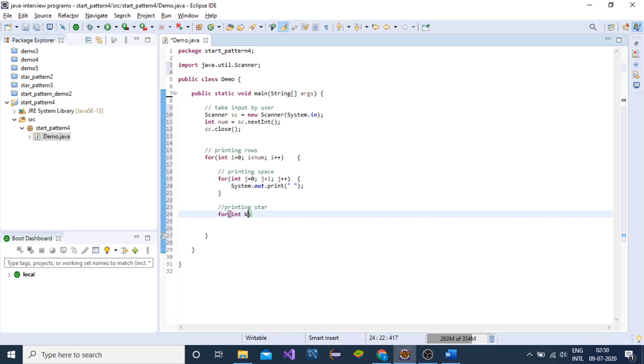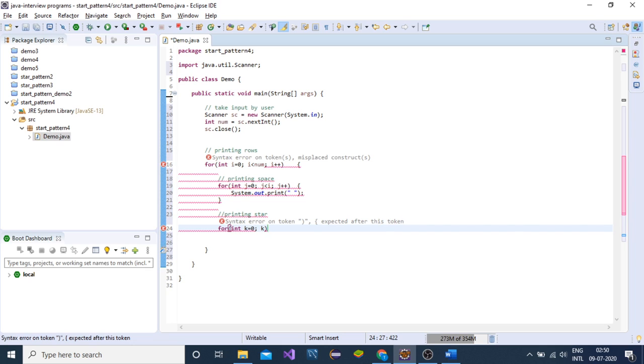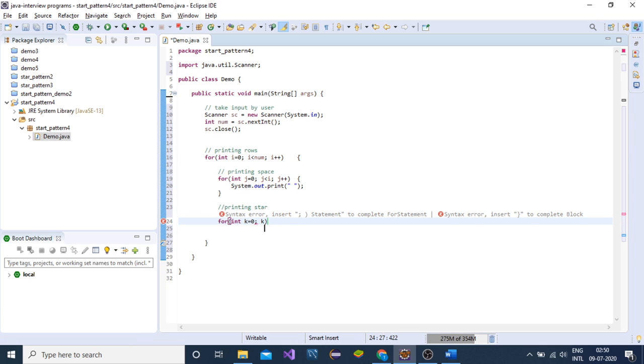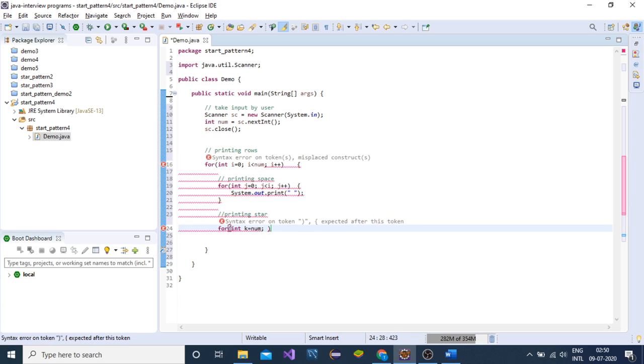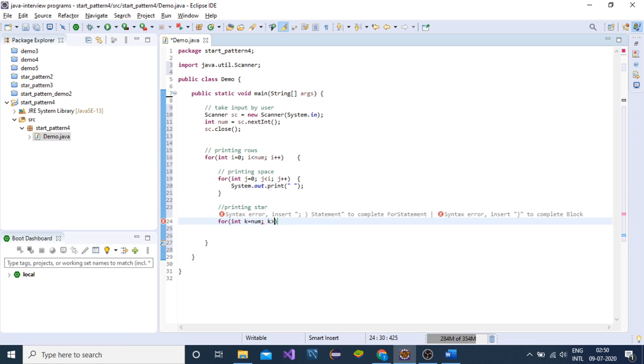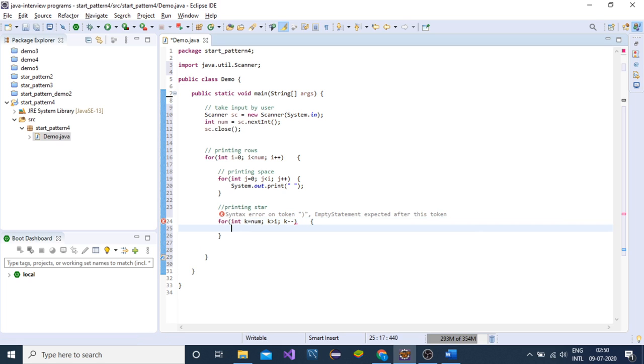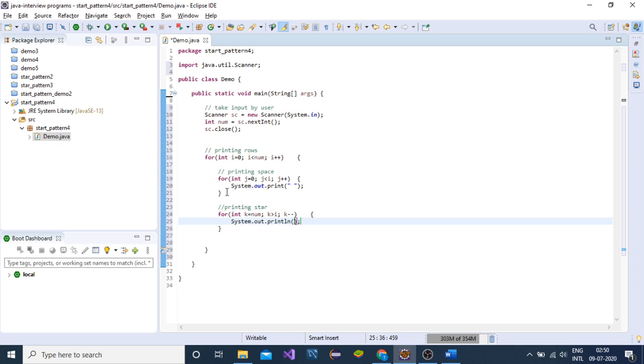For int k equals num, k greater than i, k minus minus. Print a star.